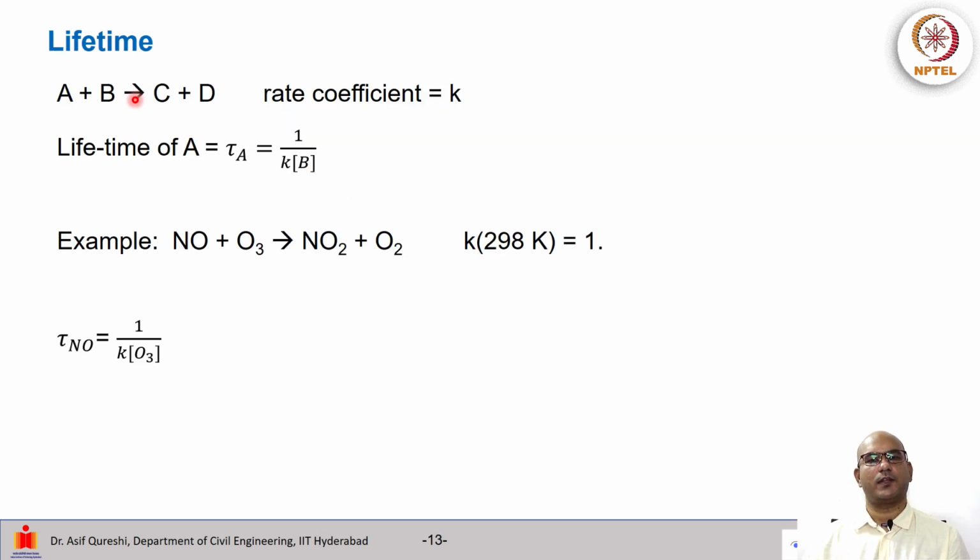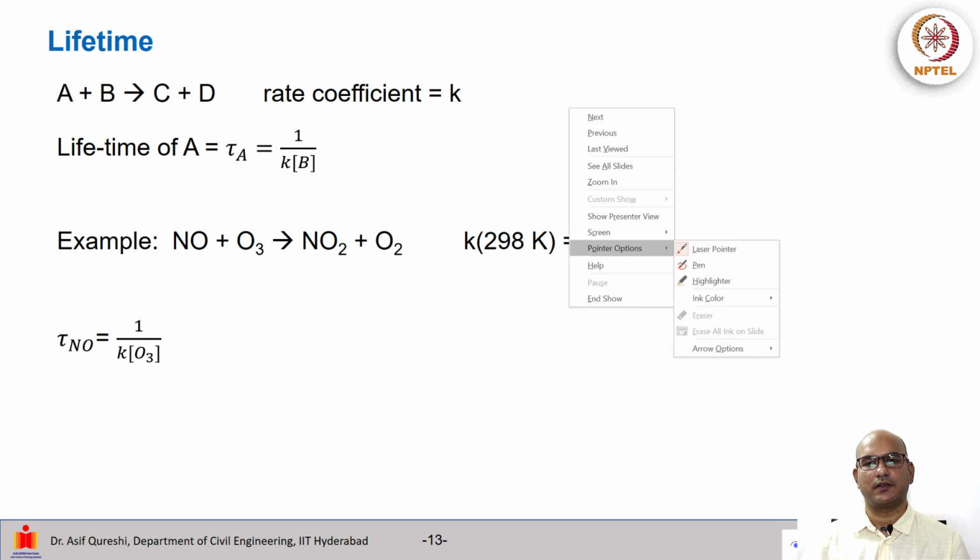Then I will introduce also the concept of lifetime, because if you remember in the mass balance lecture, we have talked a lot about lifetimes or residence time. So in this reaction, if we have A plus B giving C plus D with a rate coefficient K, the lifetime of A, which is tau A, can be written as 1 by K times the concentration of B. So if we have an example,